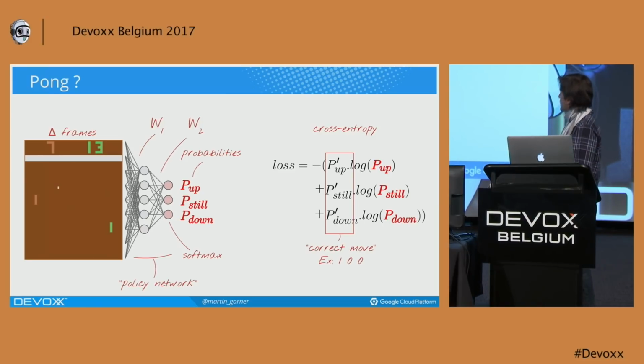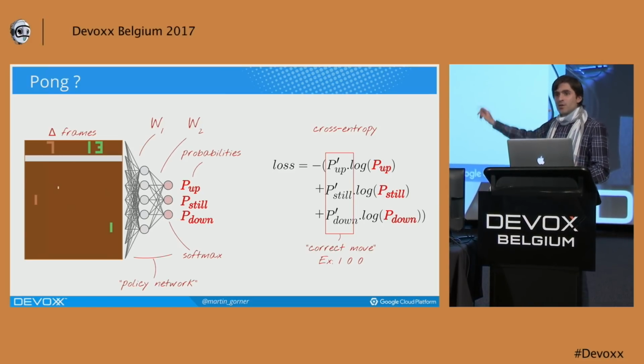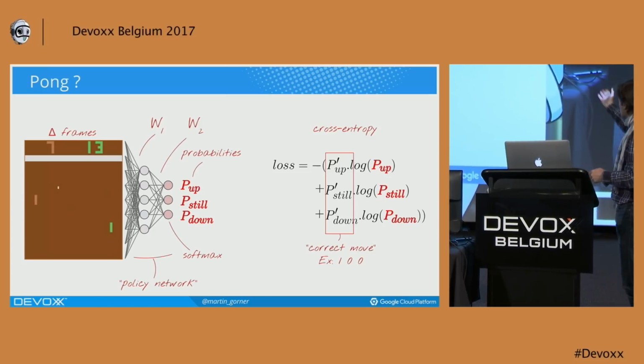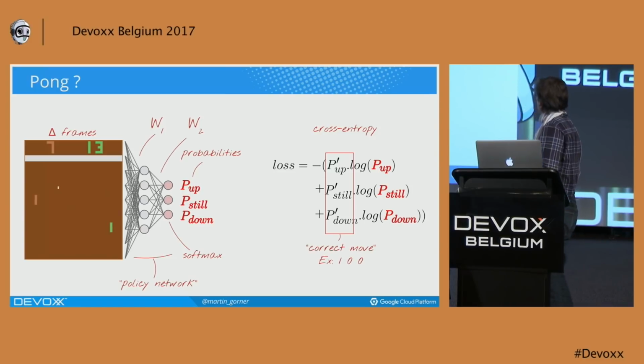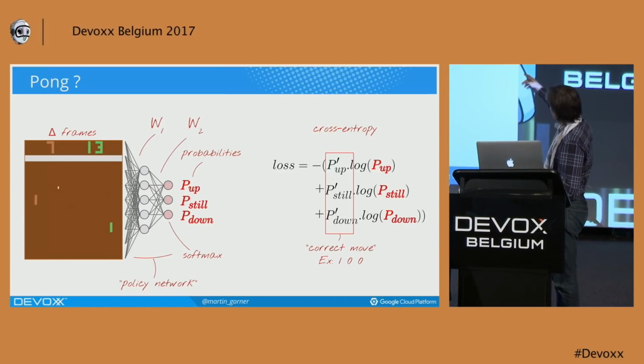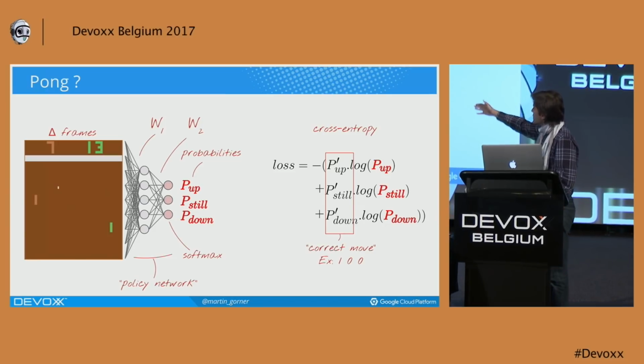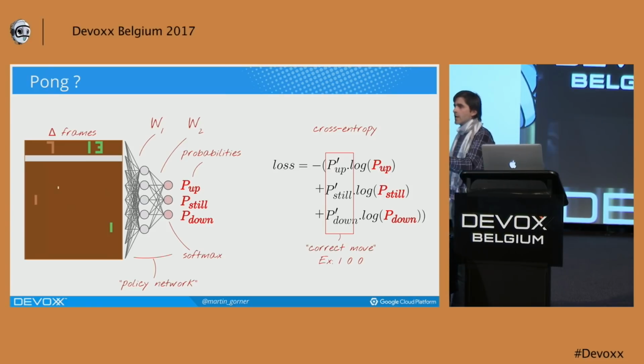All right, so we will use the cross-entropy loss, and this time you will not be spared the formula. So this is the formula of this cross-entropy loss that I've been advertising since the beginning. And it is simply the correct answer multiplied by the logarithm of the predicted probability. So here, if my network predicts a series of 3 probabilities, P up, P still, P down, I take the logarithm and I multiply each by what I know is the correct answer.